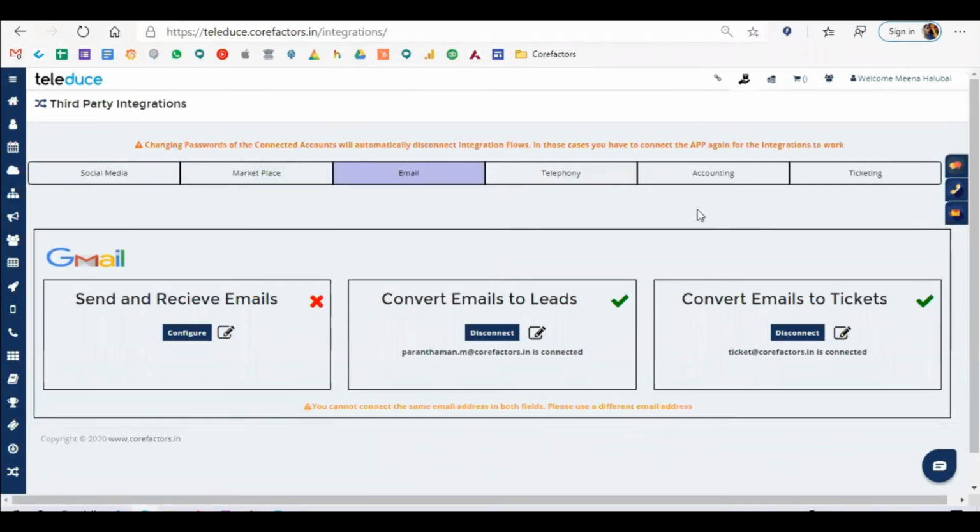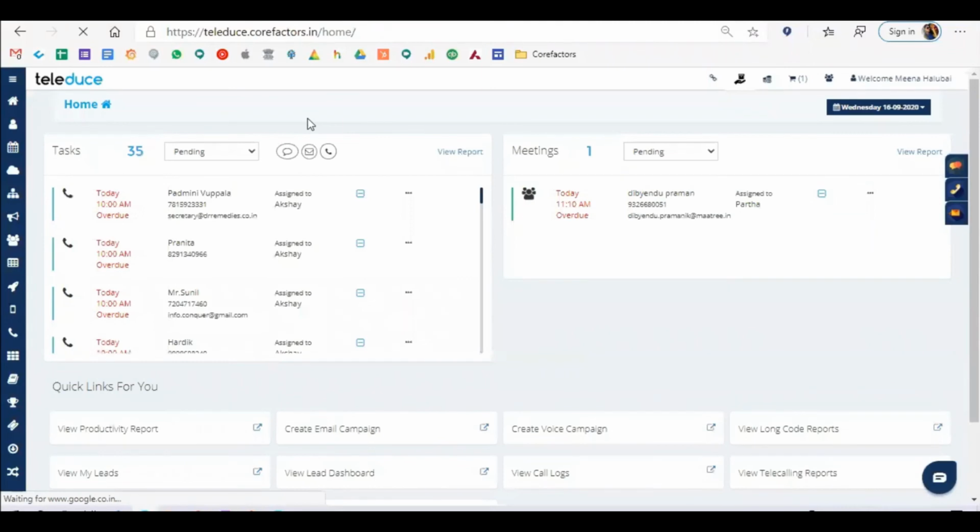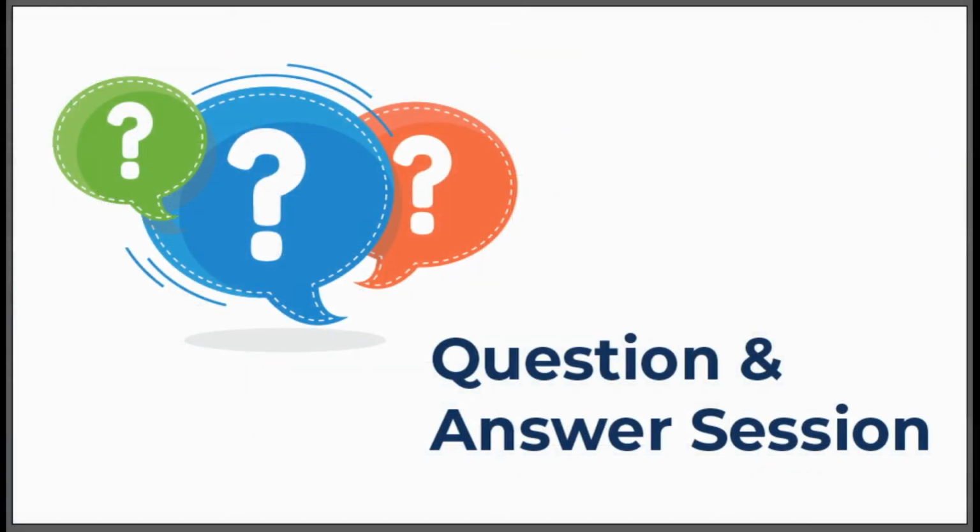And apart from these, there is other information which is interconnected with other features in the Leadbox platform. So this is all about maximizing your sales. When you do timely follow-ups, you will be able to follow up with clients and get more revenue. So this is all about today's webinar. I hope you all are clear about how you can utilize Leadbox and get more revenue. Pragati, over to you. If in case you have any questions, you can ask.